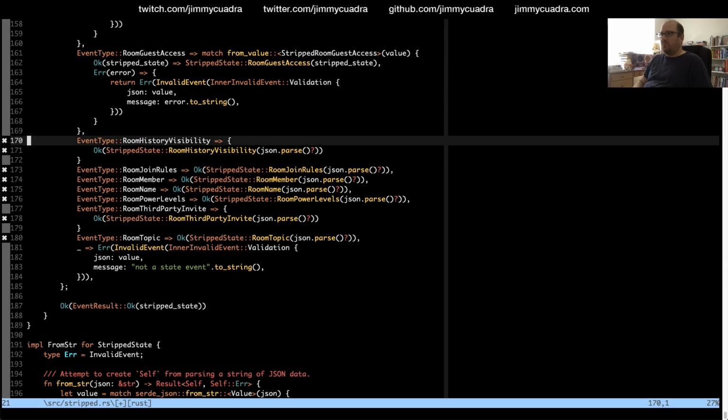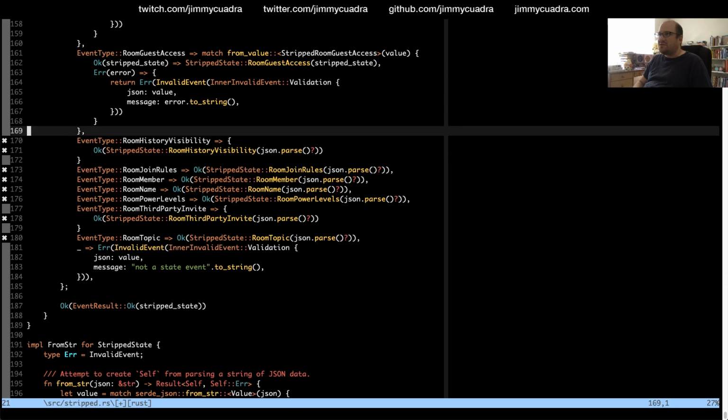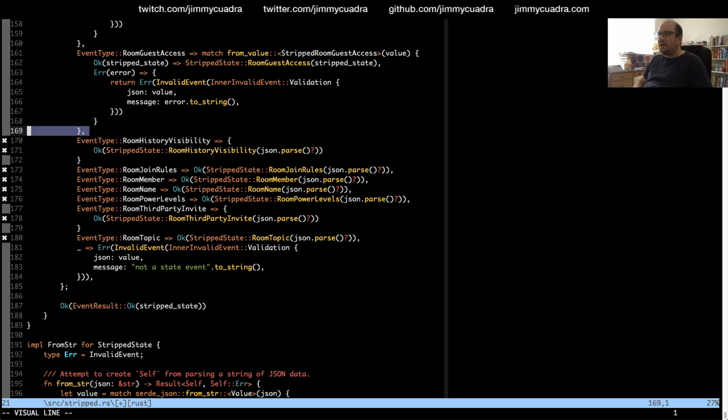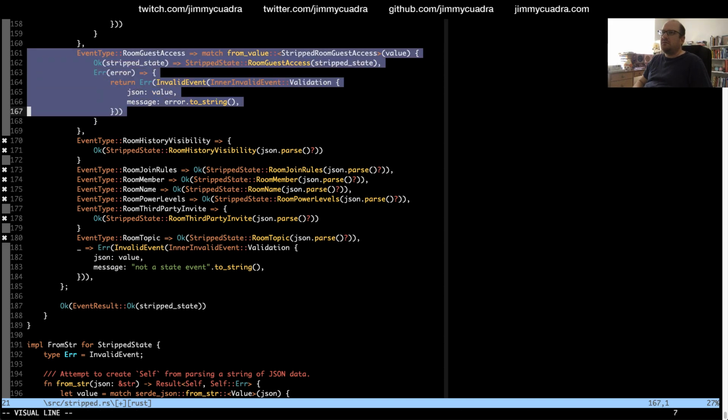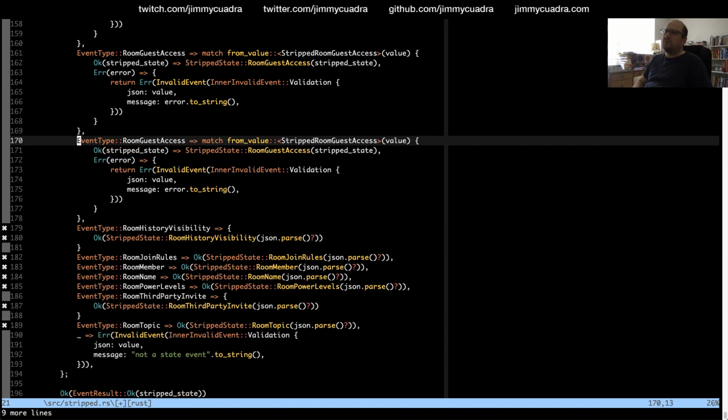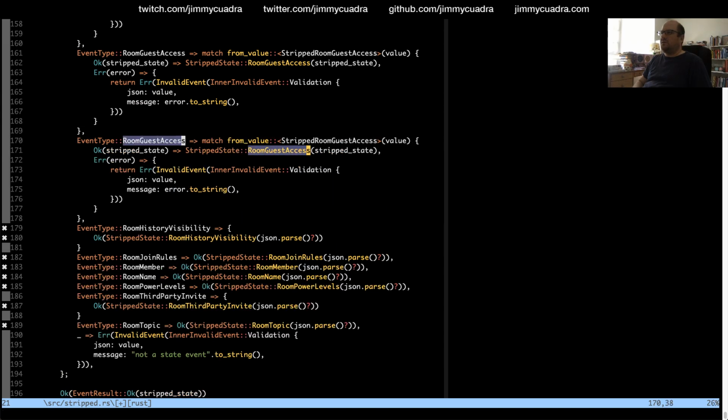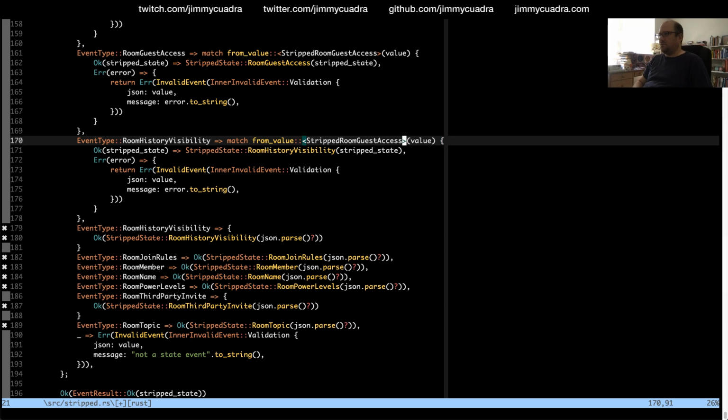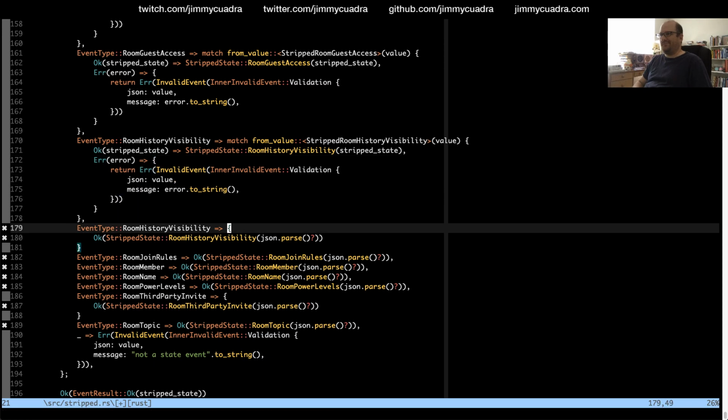Right now I'm just doing some really boring boilerplate, changing a giant match statement from one style to another. So room guest access I did. This one is room history visibility. And this is stripped room history visibility. I completely lost my tab completion.